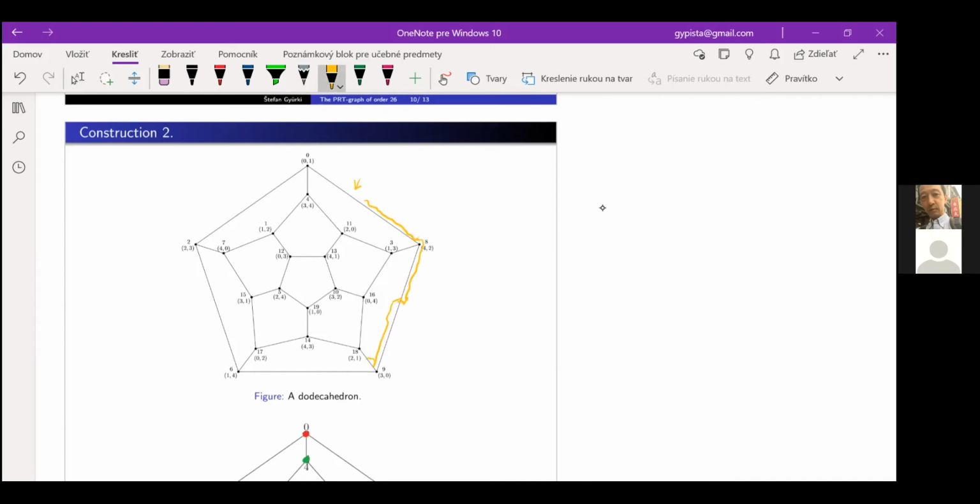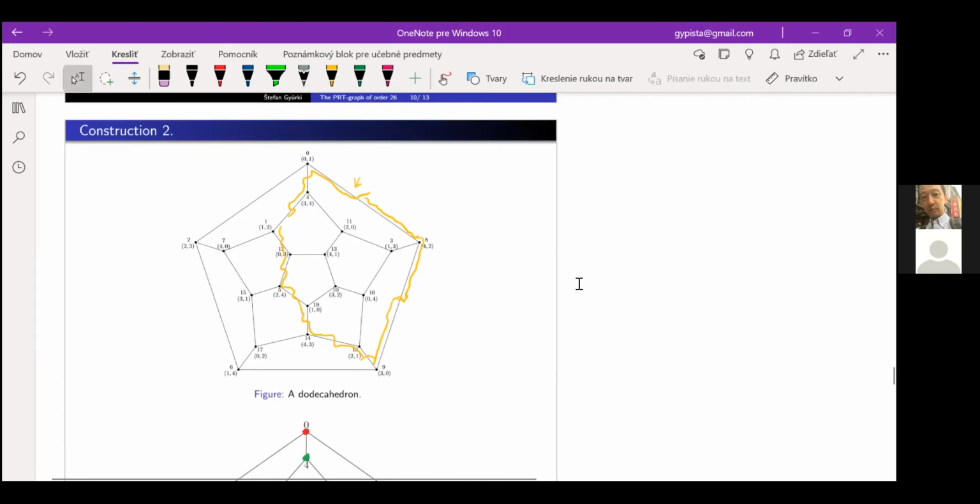So again, I'm reaching the middle of the new edge, and so on. I am going and doing this until the walk closes. And this is here. So this has to create a Petrie polygon, and